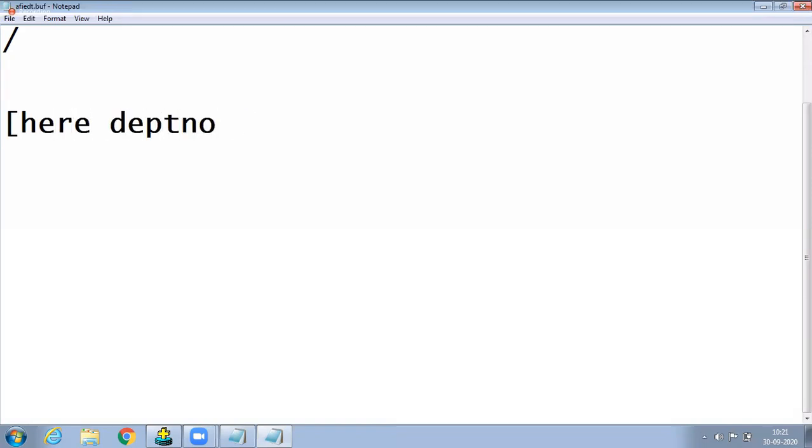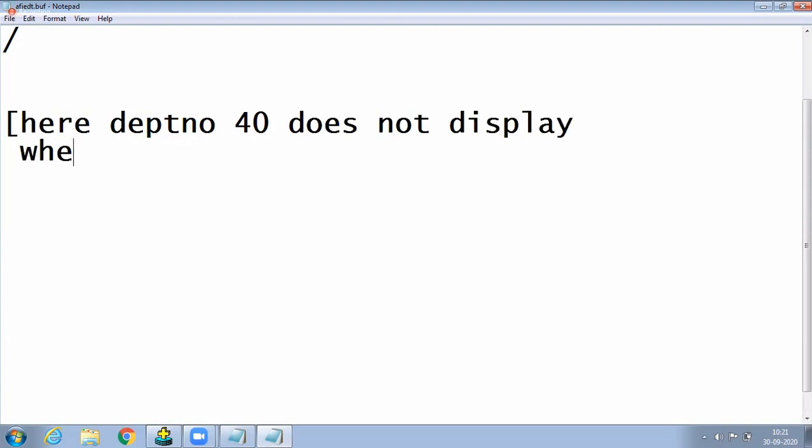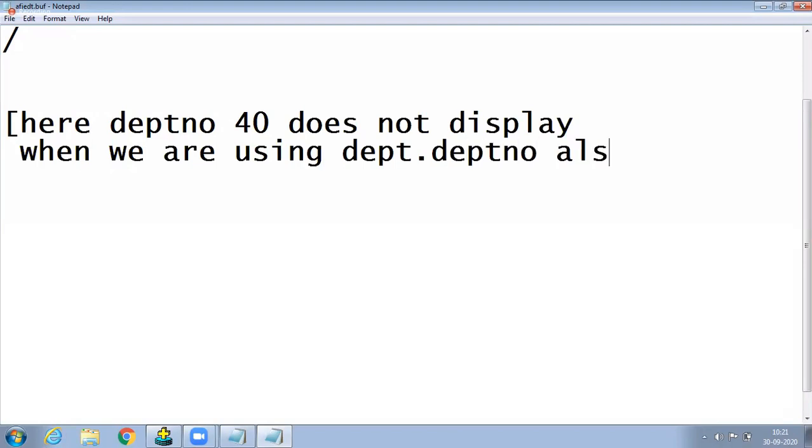Department number 40 does not display when we are using DEPT dot department number also.